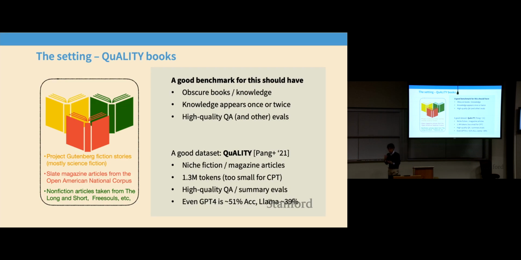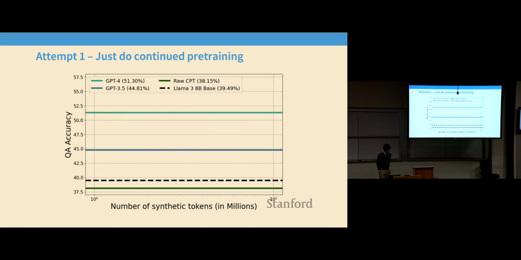Just to contextualize performance when I start to talk about some of the results, GPT-4 on this data set achieves 51% accuracy. Random guessing is 25%. So clearly the models know something about these books. They've been trained on them, of course, but it's nowhere close to human level accuracy, which is in the high 90s, like 97 or 98, if you put the book in front of people and ask. So how can we teach a language model the contents of these books? It's a toy problem, but that's the problem I'd like to solve.